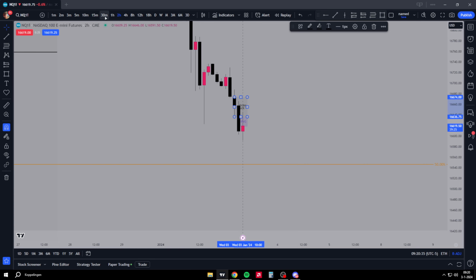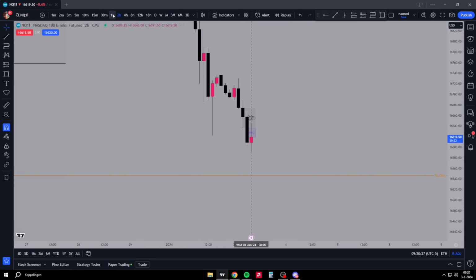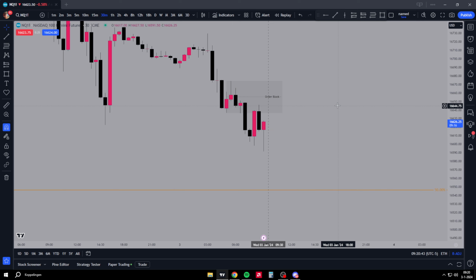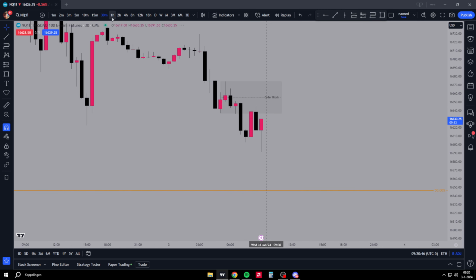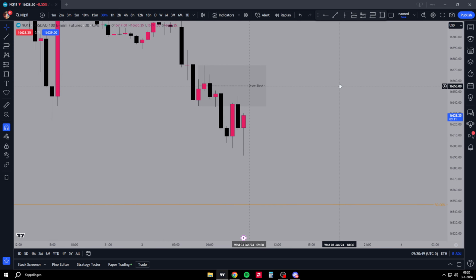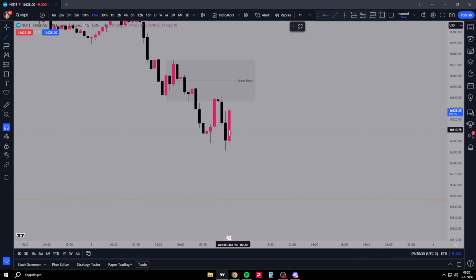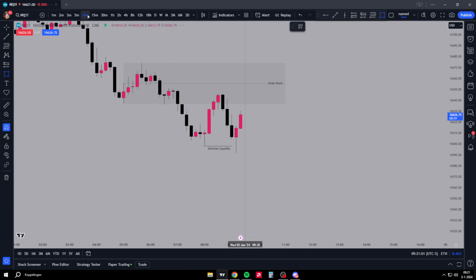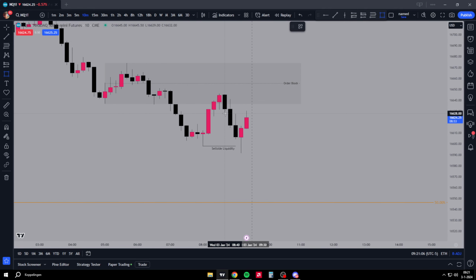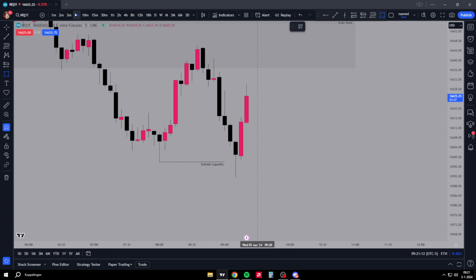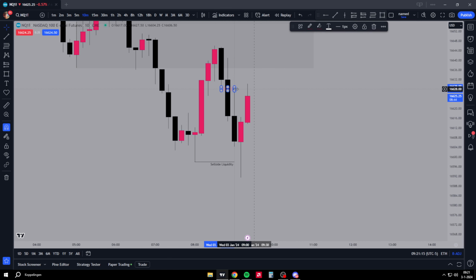And where would the Judas swing go? Well, let's look. 30 minute order block right here. Could delete this. So let's look. Where would the Judas swing go? Oh, we swept buy side here, or sell side here, sorry. Alright, we tap into, look, I'm going to a lower time frame for now because I see a singular fair value gap here in the 30 minute, but I see a singular fair value gap in the 10 minute as well. So I go to 5 minutes. I see there's one here, one there. So I go to the 10 minute because it's lower than the 30 minute time frame.